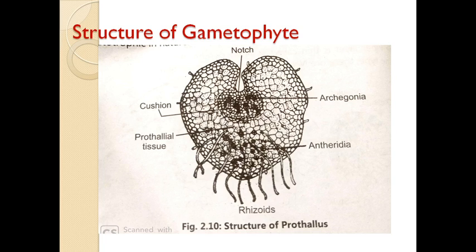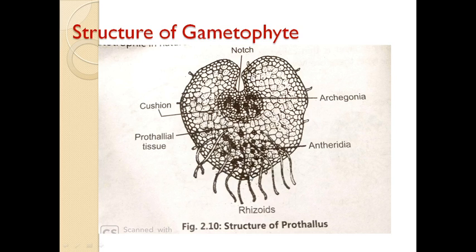Soon the division takes place in other planes to form the green plate-like body, and due to more rapid division and growth of the marginal cells, the plate-like structure gets converted into a more or less heart-shaped structure. So see, after spore germination, repetitive division finally forms this heart-shaped structure. It is called the prothallus.